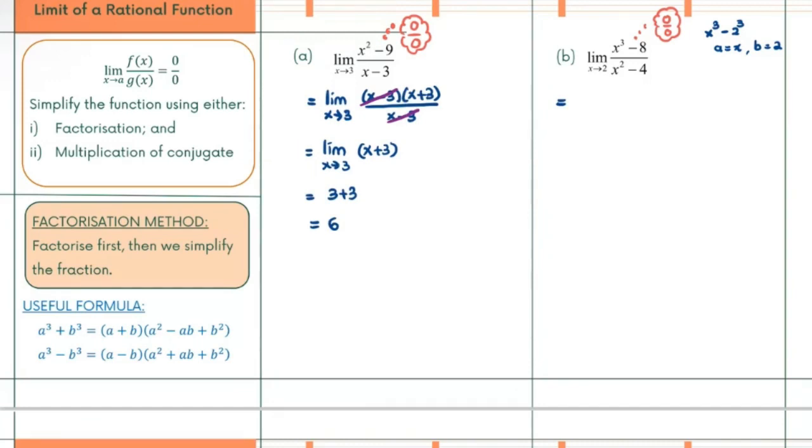Alright, so saya start dengan limit of X approaching 2 kepada X minus 2 and then kita ada X squared plus 2x plus 4 divided by, okay, x square minus 4 kita boleh pecahkan dia kepada x minus 2 dan